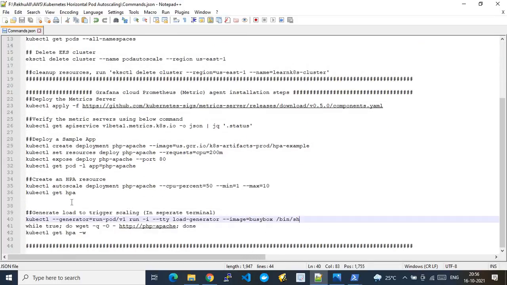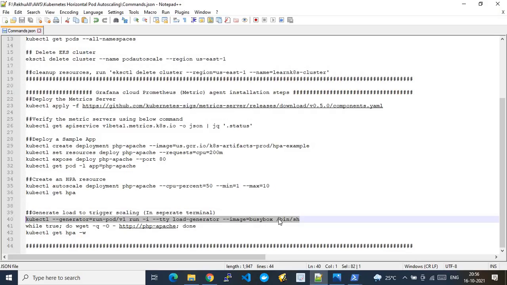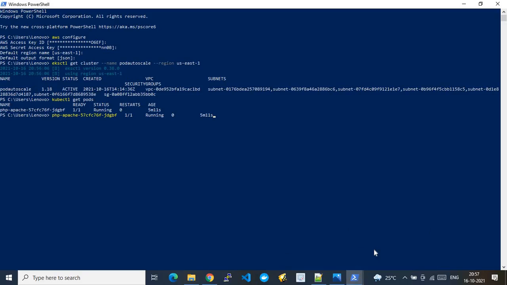For this one, what I do is I run this command. So what I'm doing with this command is I'm just taking one of the pods. Okay, let me explain here by copying the command. So let me copy it again. Let me go back here and wipe it out. So here, let me put that command.